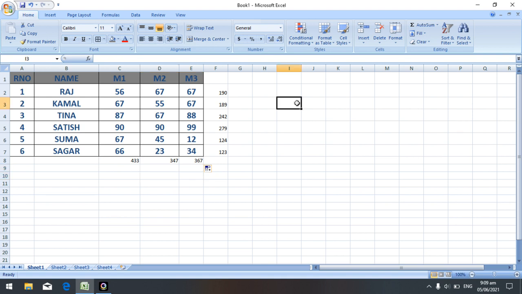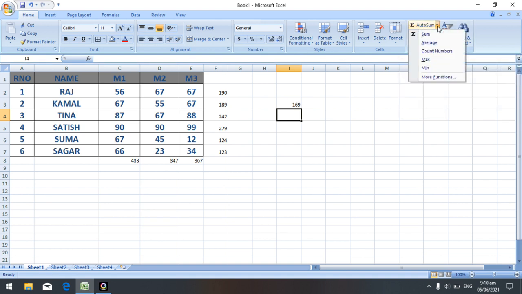If I want to find the sum of particular cells, at that time equal to 67, that is in C3, then 90, then 12. So it finds the sum. Row sum or column sum you want, you can apply the AutoSum option.